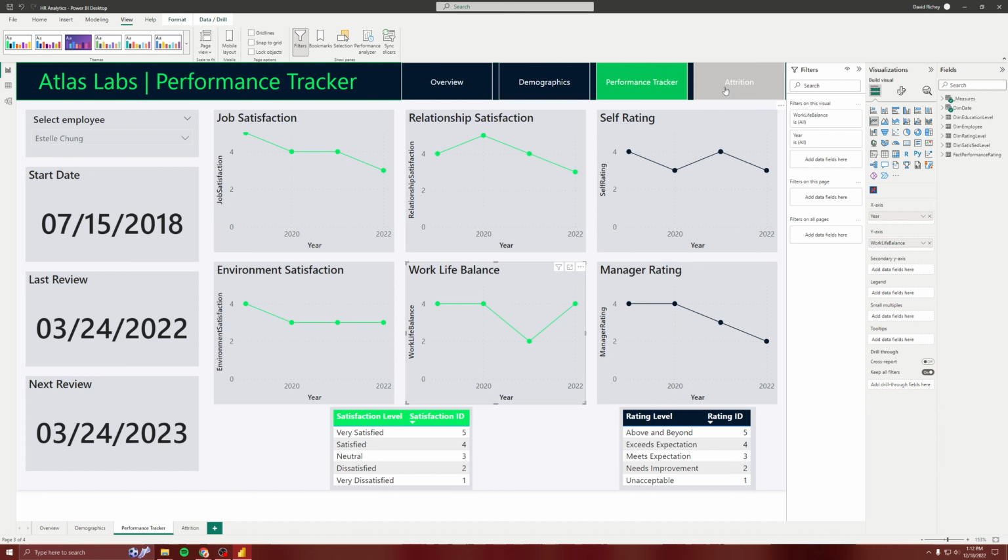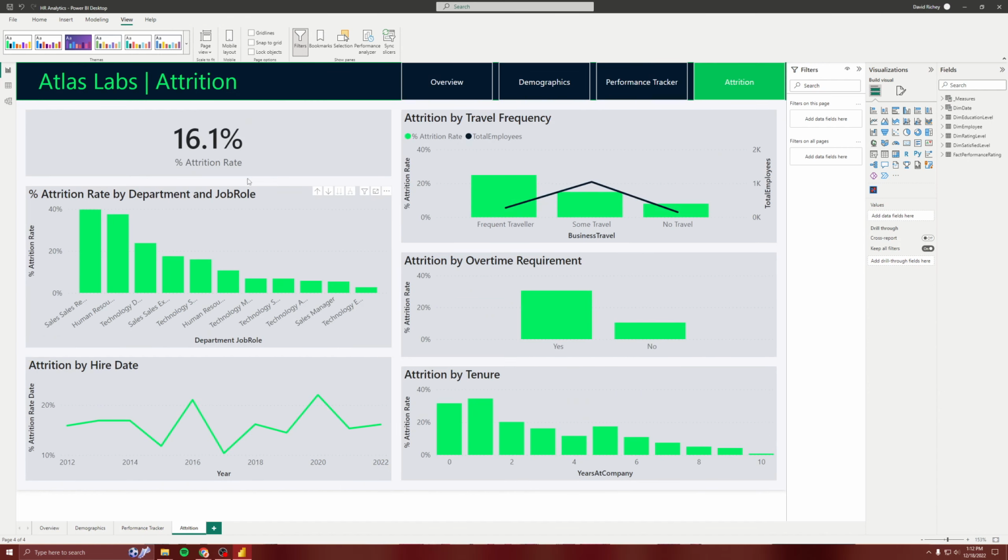Now we're going to go to attrition. By travel frequency, there's more attrition with more travel, and then there's just the total employees. By department and job role, it looks like it's pretty spread out, with sales, HR, and technology being the top 3. By hire date,